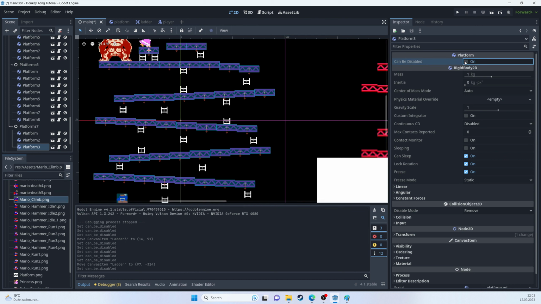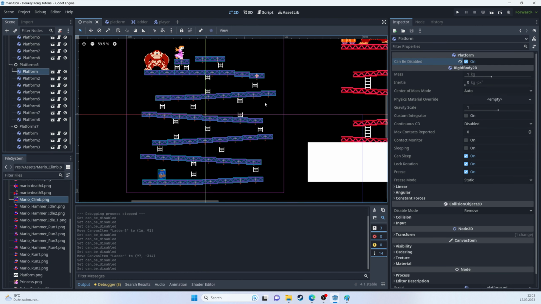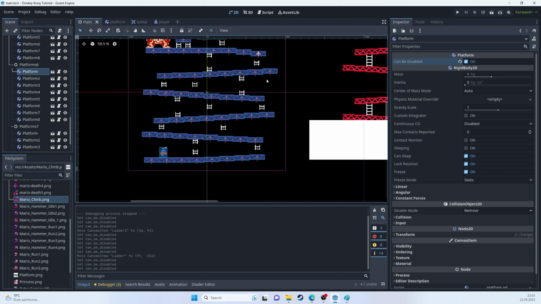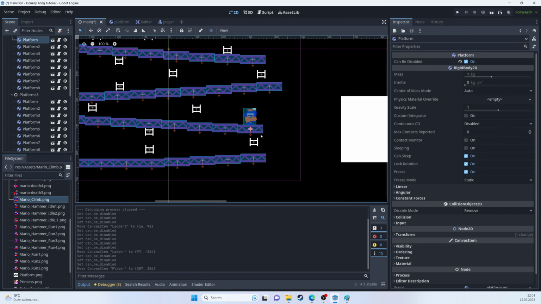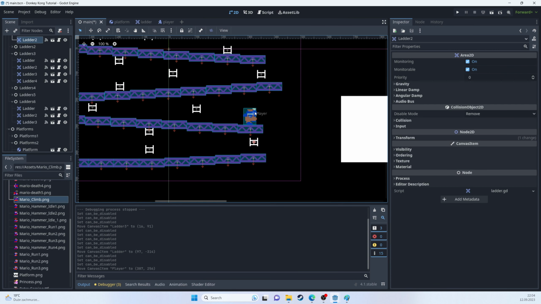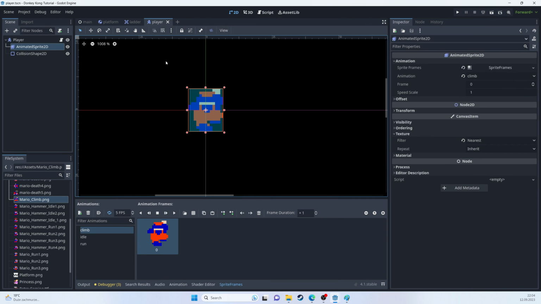This and this, and I hope I did not forget about any. And then we have to detect what is currently underneath. So if we are here, we have to detect that platform and say, okay, can it be disabled? If so, then disable it and allow the Mario to go down. So going back to our code,